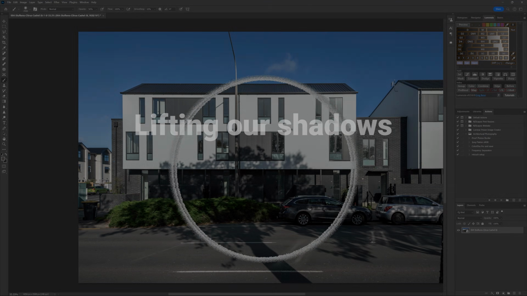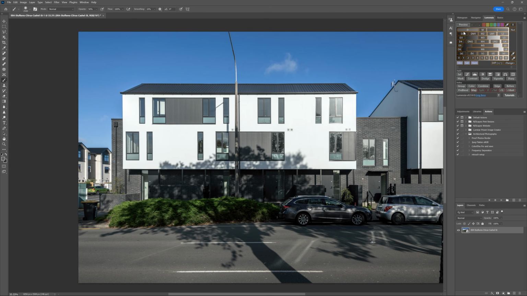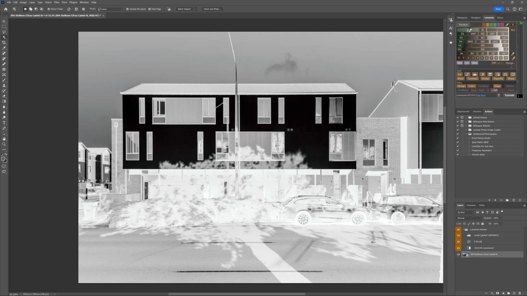I am freestyling this edit so that you can just follow along in real time what problems I'm solving with the editing. And before I go cleaning this image up, I've got to take care of that shadow, just lift it a bit brighter. So if we want to select the shadows, we need to come up to the dark sections. So I can just press D, and that's going to immediately make a selection based on the dark